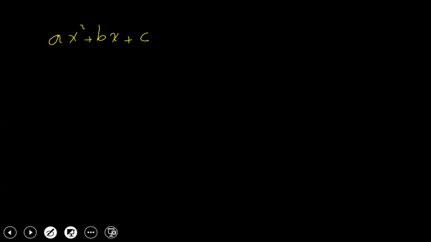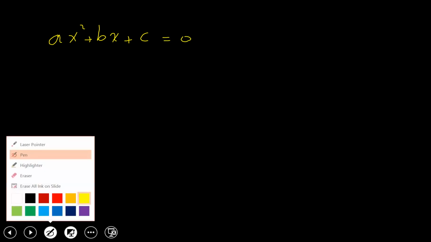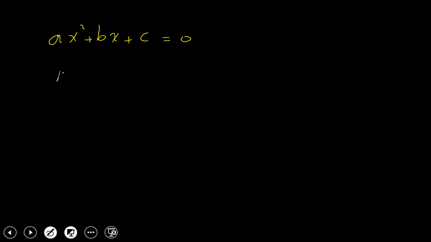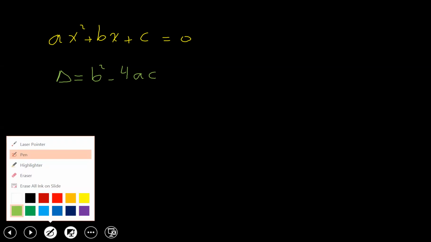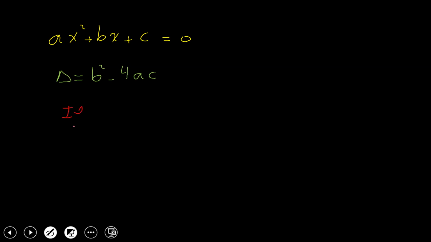If you want to find the roots of this polynomial by putting it equal to 0, then we can use the discriminant delta. Delta is a real number, which is equal to b squared minus 4a times c. And as it is a real number, this means delta has 3 cases. What are these? If delta is positive, then